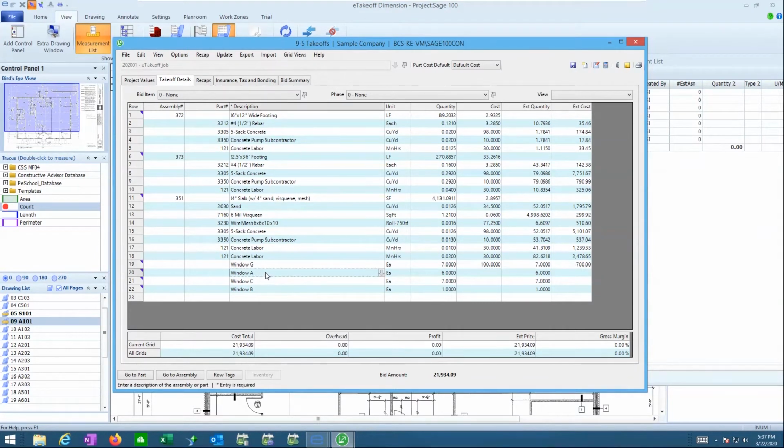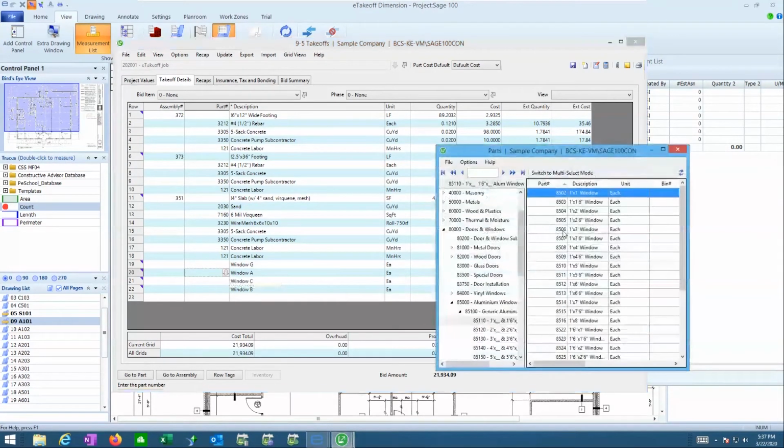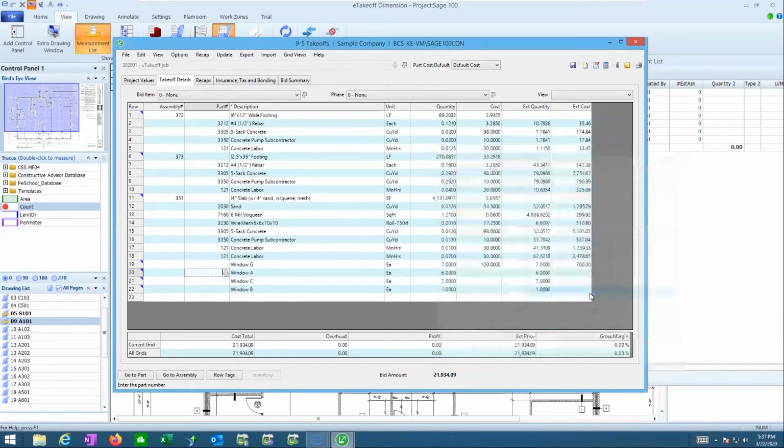You could also use your parts catalog. So if I come in here looking at like window A, I could say, well, that's maybe something that's in my part database. So, going down to doors and windows and into wherever you've got your parts organized. So if I want to go in and say that was this particular style of window and so forth and double click on it, it'll actually swap that description to what I've got in here and also bring the money forward. So that way now I've got some sort of a cost. So as soon as I say calculate, it's going to go ahead and do the extensions and finish off that part of my estimate.